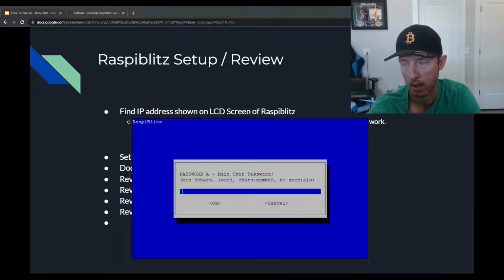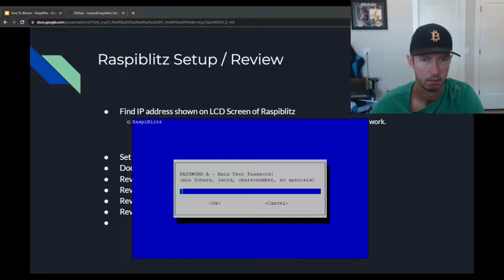I'm going to go ahead and write out all the passwords. So I'm going to type out password B is going to be password B. Password C is going to be password capital C. So coming back to my PuTTY, password A, what is it? What do I want it to be? We want it to be